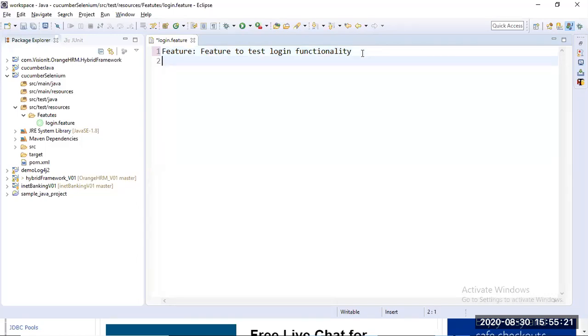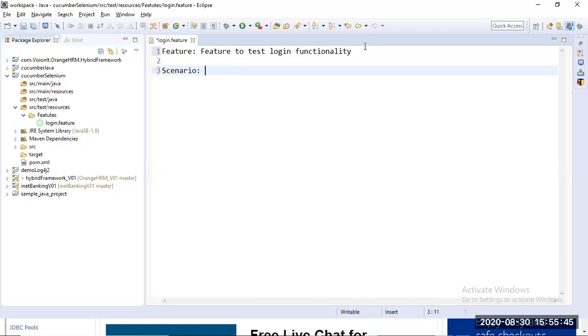Then after that we have to write the scenarios. In every feature you can cover multiple scenarios, like with valid credentials, with invalid credentials. Just write Scenario.